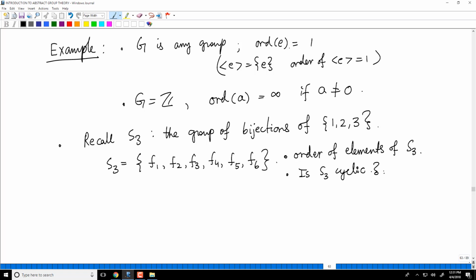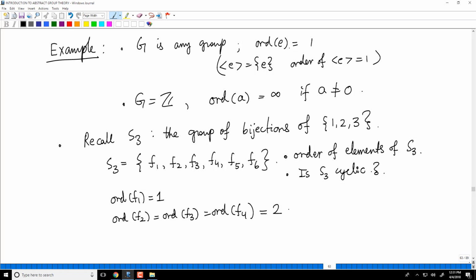If you remember the notation F1 to F6 from one of the earliest videos, F1 was the identity bijection. So order of F1 is 1. Order of F2, order of F3 and order of F4 will all be 2.